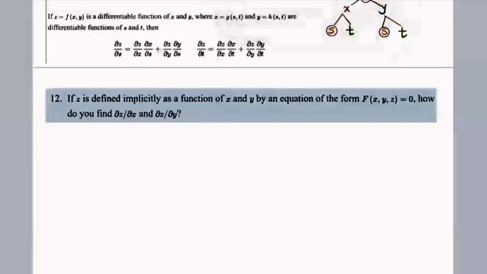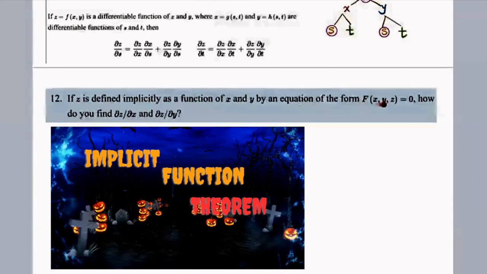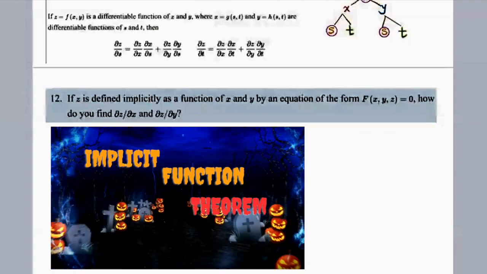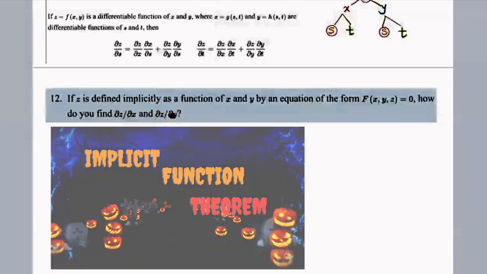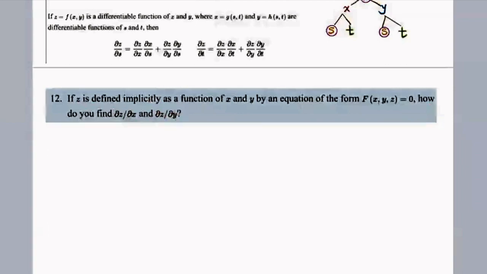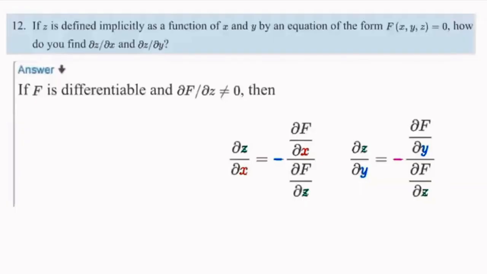If z is defined implicitly as a function of x and y by an equation of the form F(x, y, z) = 0, how do you find the partial derivative of z with respect to x and the partial derivative of z with respect to y? If the big F function is differentiable and the partial derivative of F with respect to z is not 0, then we can find the partial derivative of z with respect to x and also with respect to y by